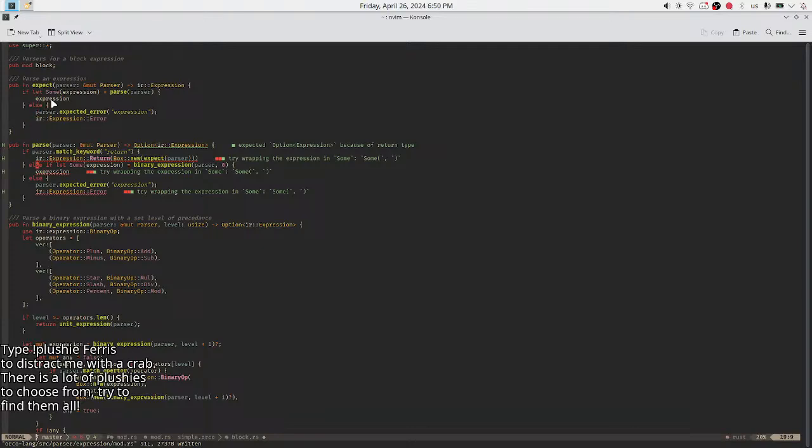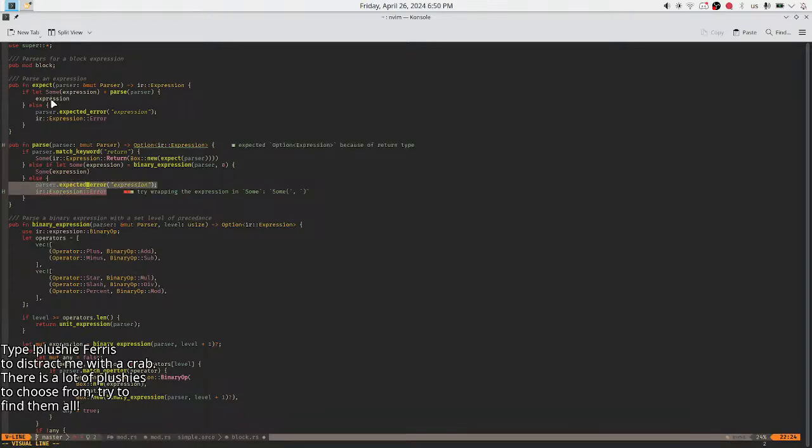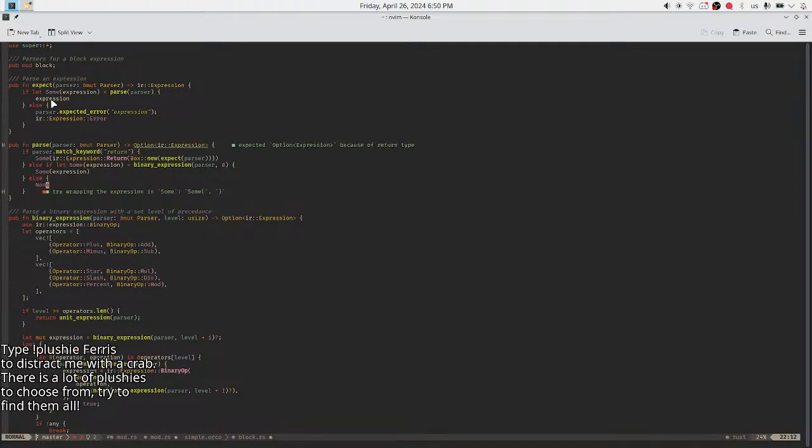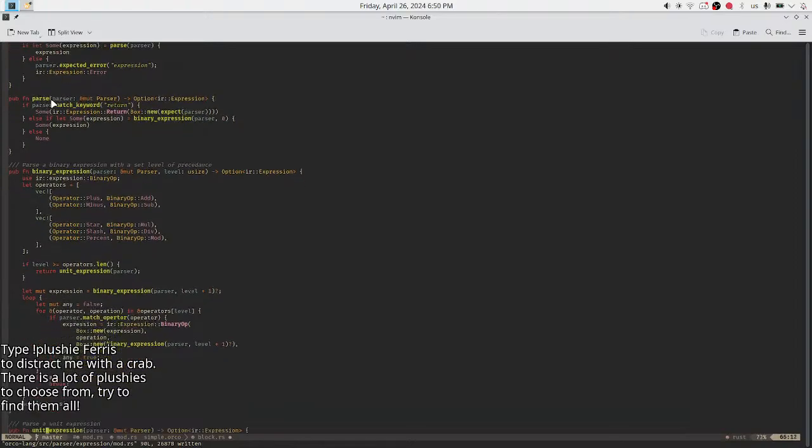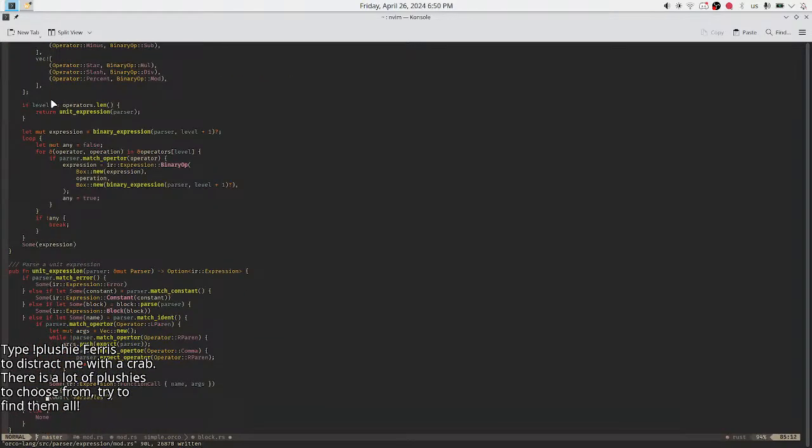Else I say I'm expecting it and return an error. And here I do some. Here I do some. And here I do none. Okay, and so here, I mean here, I want to do while let some expression equals expression parse.